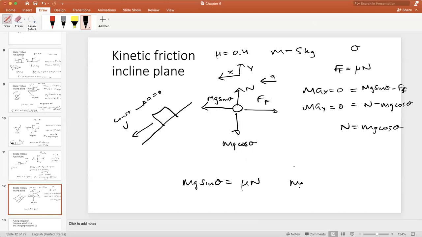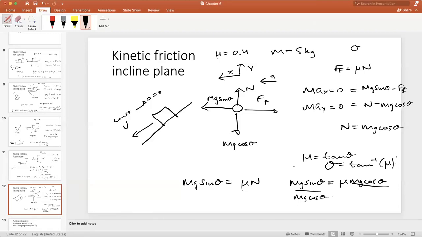So this is mg sine theta is equal to mu mg cos theta. And again, if I divide through by mg cos, this goes away. I get that mu is tan of theta,